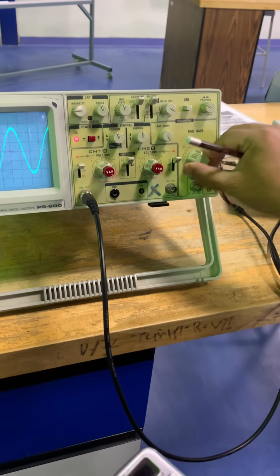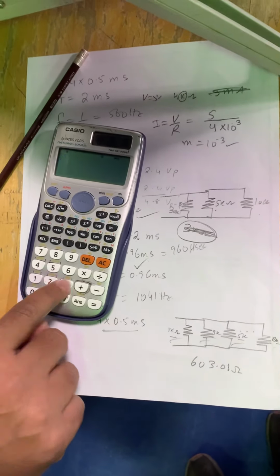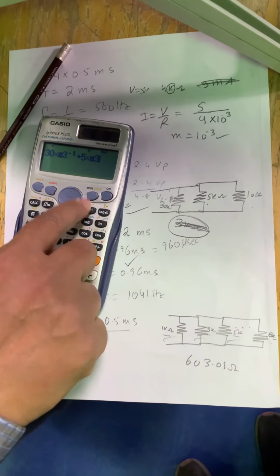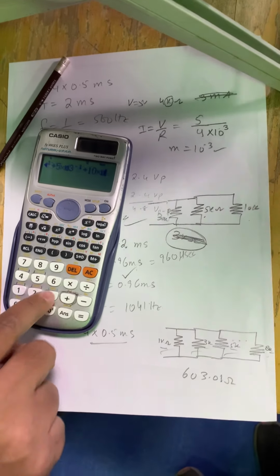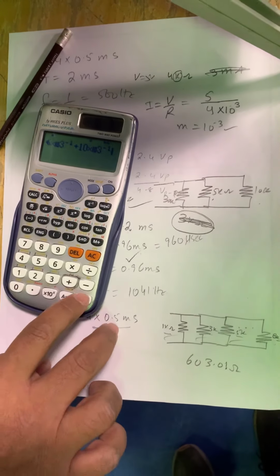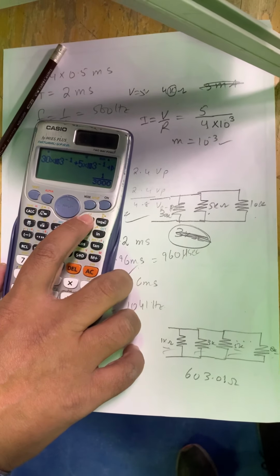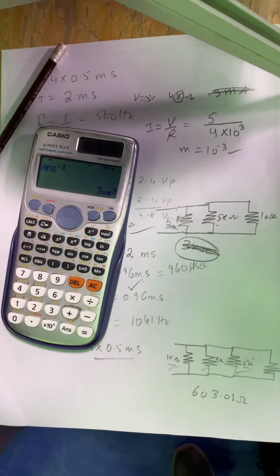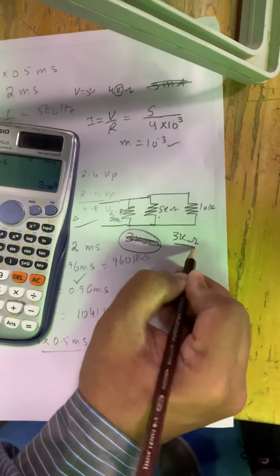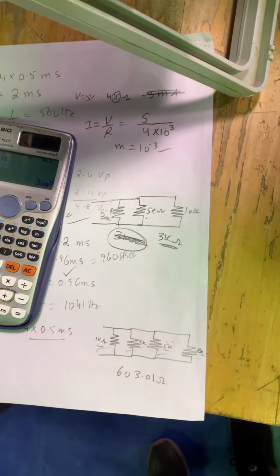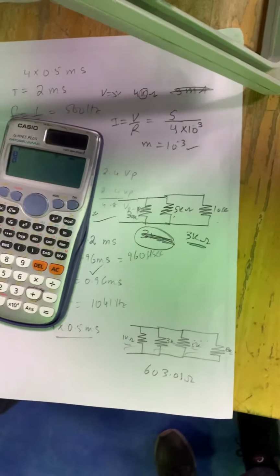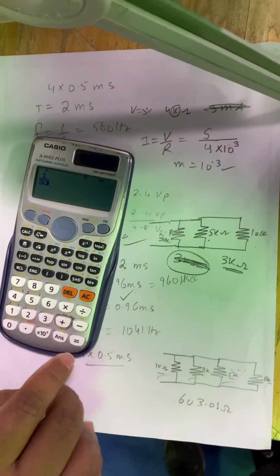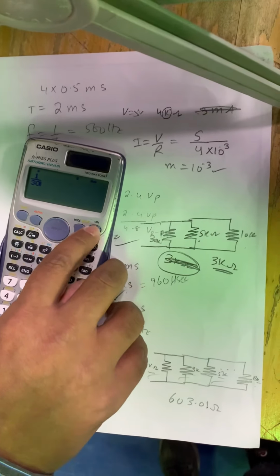So we have 30 kilo ohms inverse plus 5 kilo ohms inverse plus 10 kilo ohms inverse. Okay? We got that? And then the last inverse. Result is 3000 ohms. You can see it in the scientific way, 3 kilo ohms. So this is the result of your calculation. Now, you can verify the way you do it. 1 divided by 30... I don't know how you do that. Okay, stop.